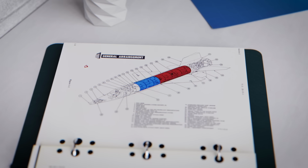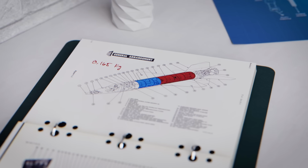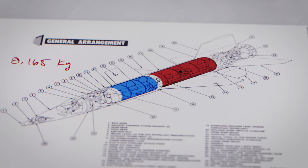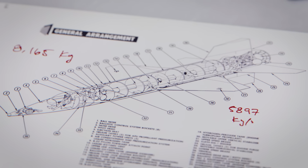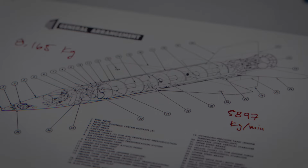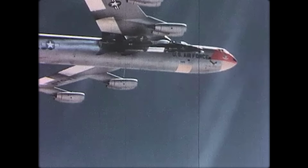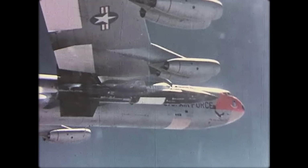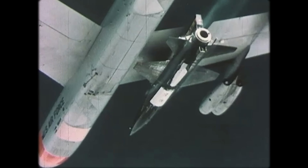The X-15 carried 8,165 kilograms of fuel and oxidizer, which the plane burned through in 85 seconds. That's 5,897 kilograms per minute. That task would require a powerful pump, and that pump would need a powerful energy source. Now, it may seem like an obvious choice to simply use a portion of that rocket fuel to power the pump,